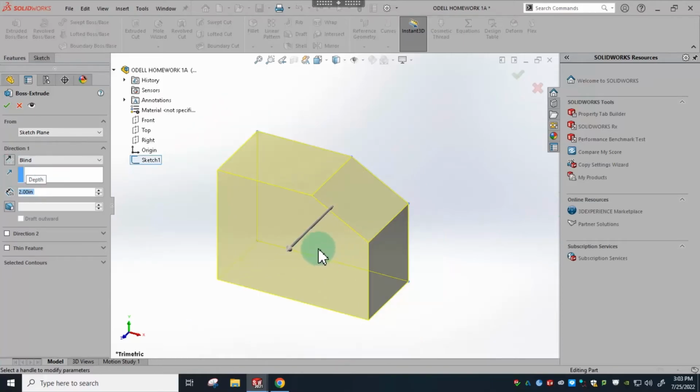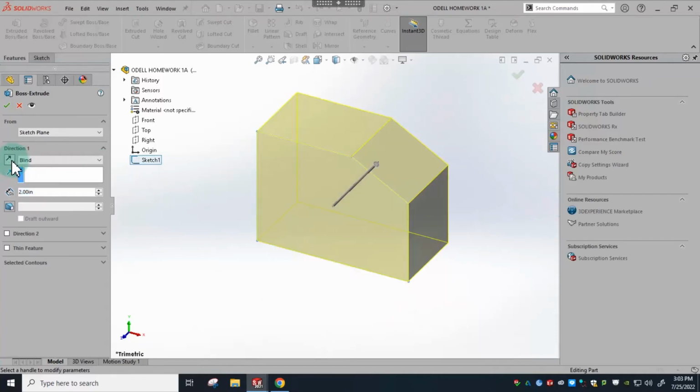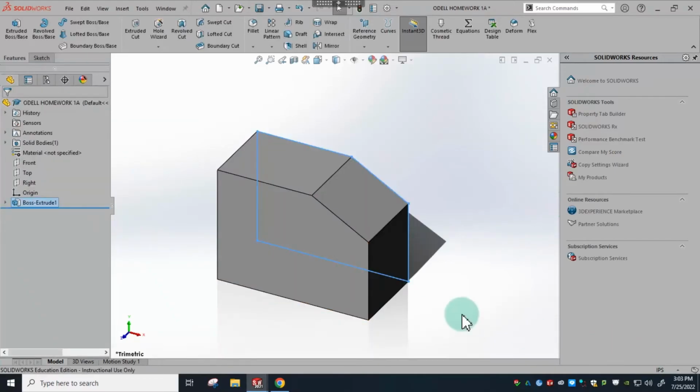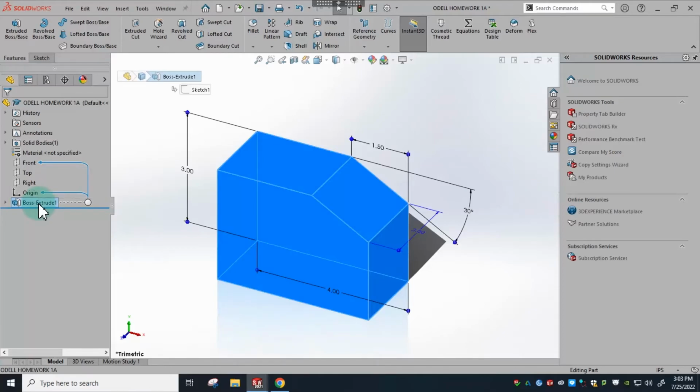It shows us what the part's going to look like. And then if we wanted to, we could have the direction go a different way. But in this case, just leave it coming toward you on the screen. And that's all we have to do to make it a solid model. I'm going to hit green check, and we're almost there. What I'm going to do here is rename this feature. So just like you're renaming a file in Windows, I'm just going to click this, and eventually after a second or two, it'll open up. So we're going to name this